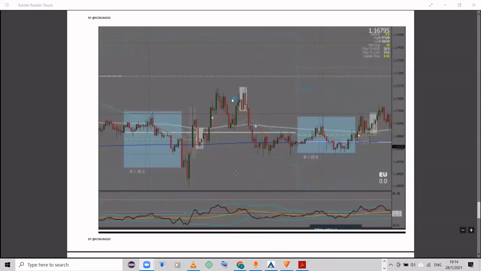So what do we have here? We have our anchor being formed right here, after these three pushes, the first one, second one, and the third one. After these pushes, we have our anchor right there. Then we have our 13 EMA cross. Then we have our bounce pullback here. Then price, instead of going up,